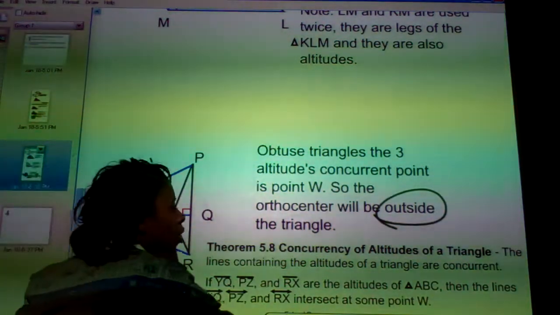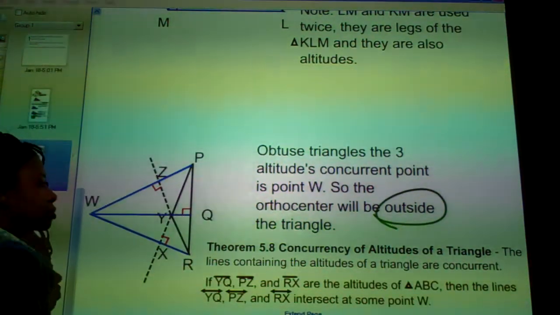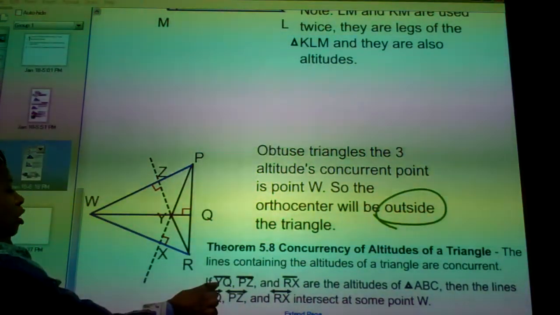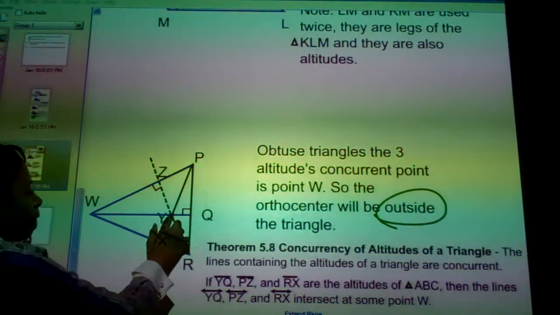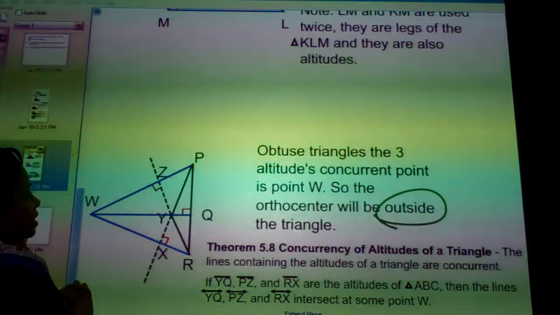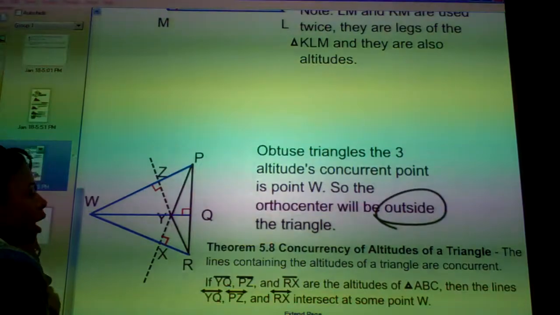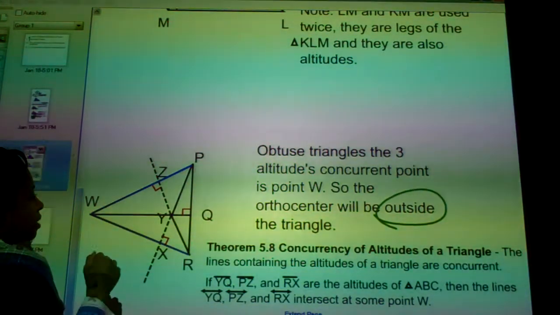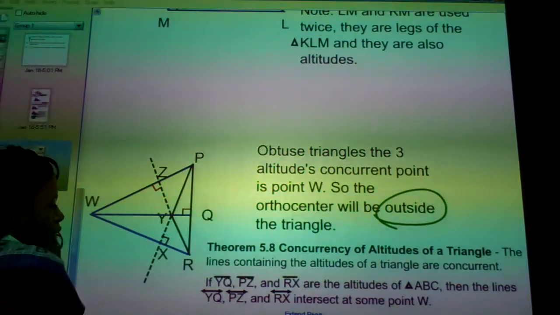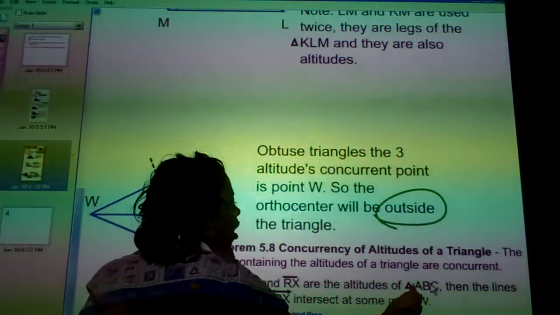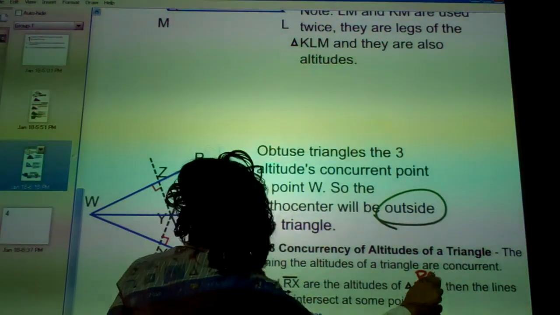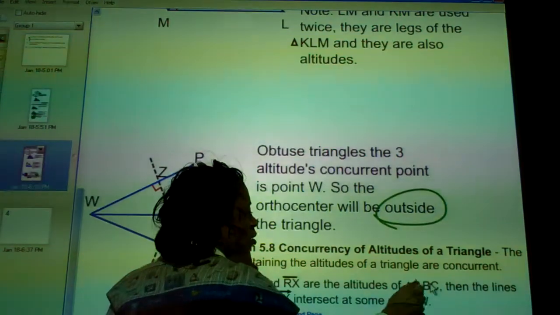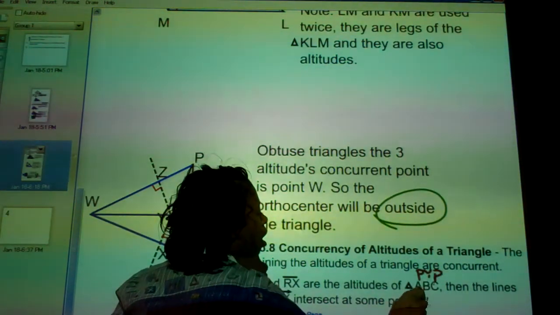Okay, and here's the concurrency of altitudes of a triangle. The lines containing the altitudes of a triangle are concurrent. So if YQ and PZ and RX are the altitudes of triangle PYR,